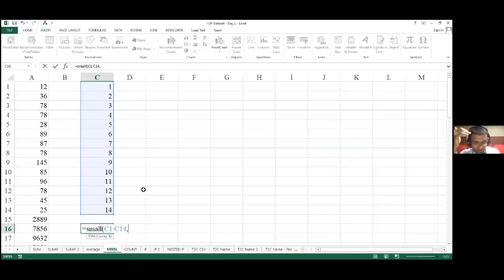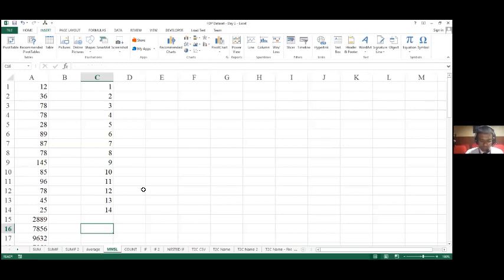So I'm going to define this as 2, close bracket, and then press enter. In this series, the number which is at the second position is number 2.